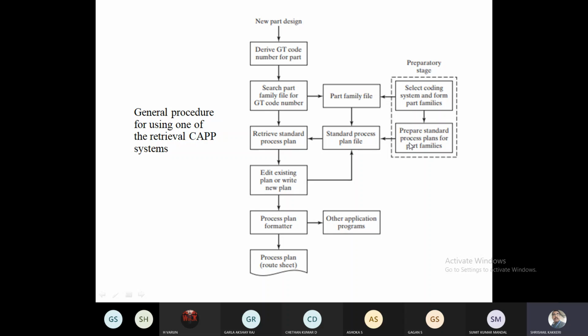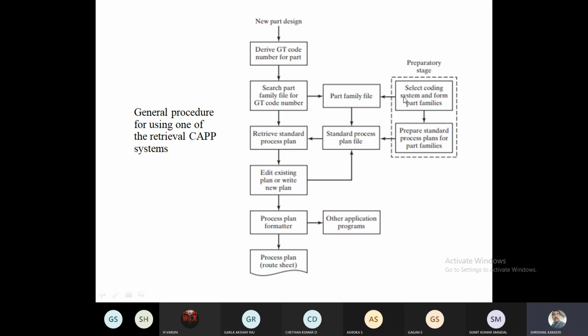And after this, you prepare the standard process sheet for the part families. So for example, I have 3 different parts. One family is MS rod, I have to go for the planing operation. And another one, a 40 mm MS rod, I have to go for the turning operation. And another one, an MS rod of 60 mm diameter, I want to go for the key slot operation.